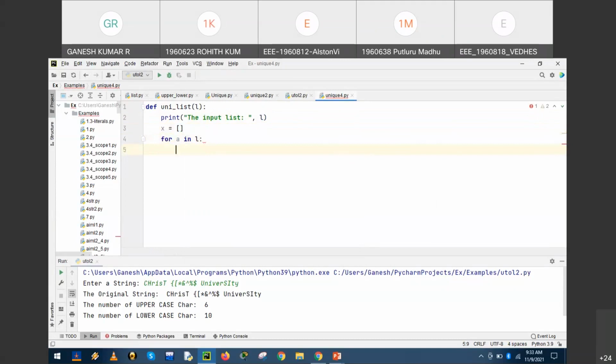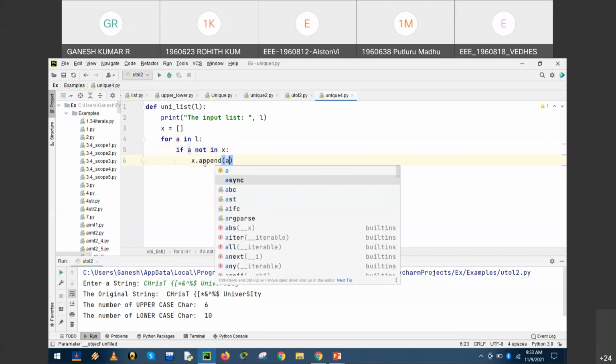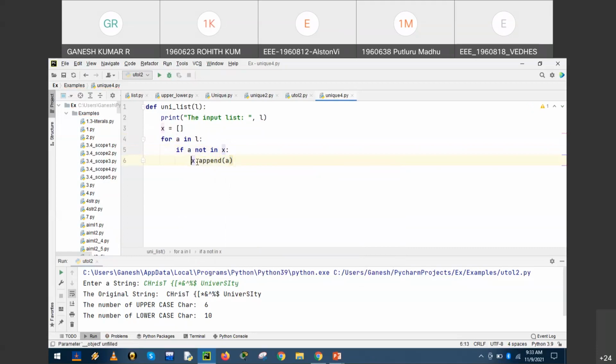Now we need to compare: if the character or the data A not in, the keyword which compares, in the list. The list here is defined as X, right? Colon. If the condition is satisfied, then X dot append A, so that the data is appended into the list, which is empty in the beginning.